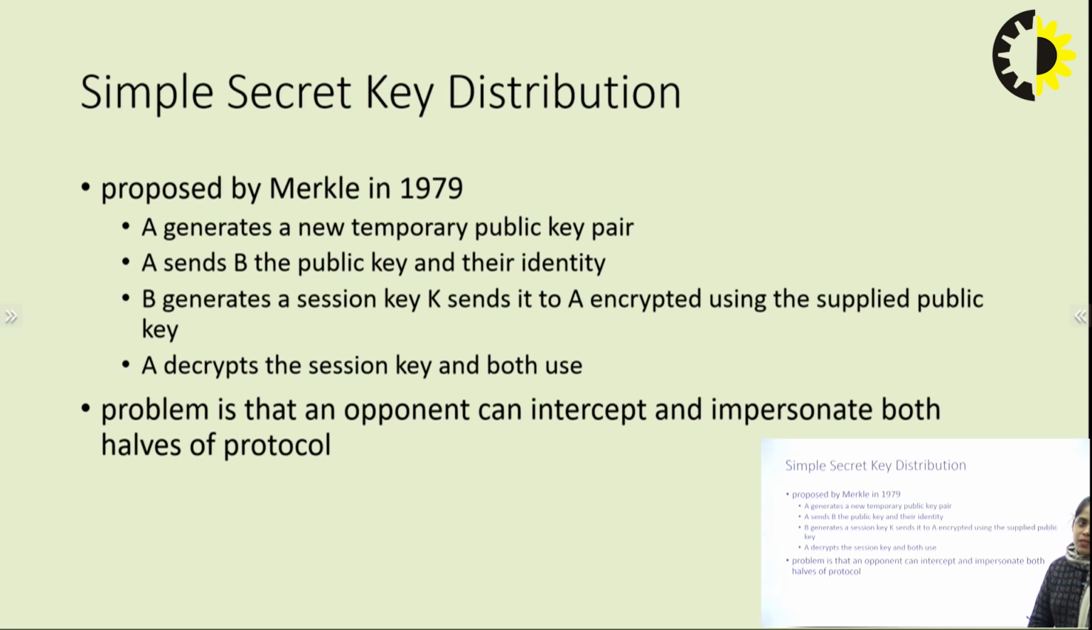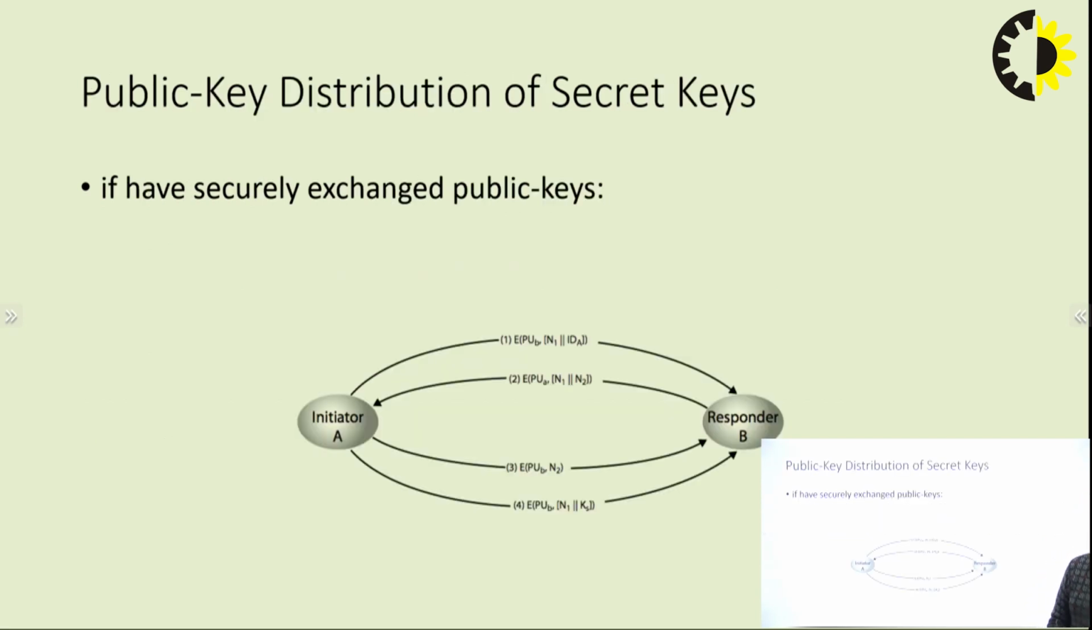The problem is that an opponent can interrupt and impersonate both halves of the protocol. So this is the problem which is addressed over here. The initiator A will share a message with B which is encrypted with the help of the